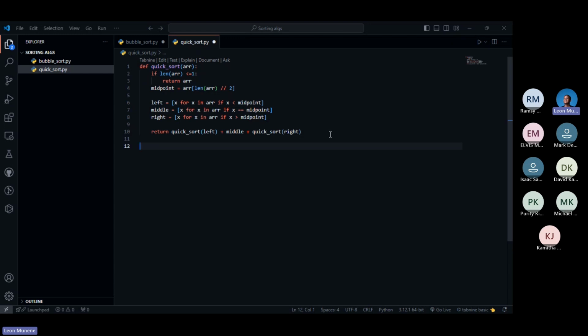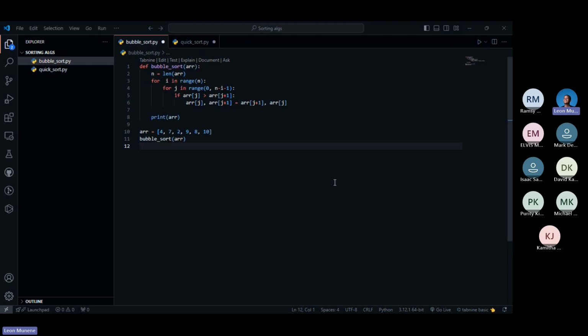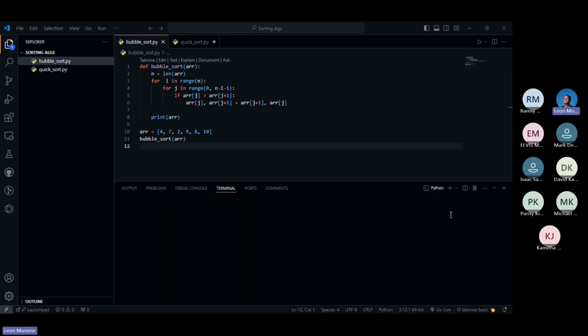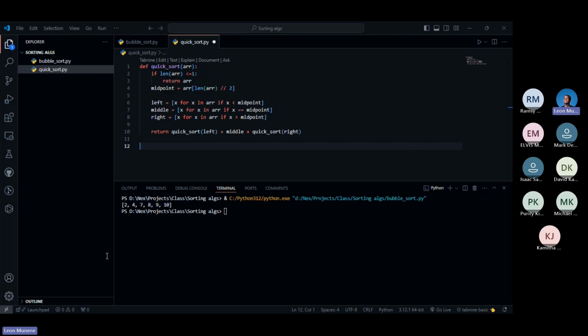And I know we never tested bubble sort. I don't really care so much for it, but we can even test it. By the way, I think we tested it. Just to confirm, let us test it. As you can see, it ordered in ascending order, and quicksort we are going to do again in ascending